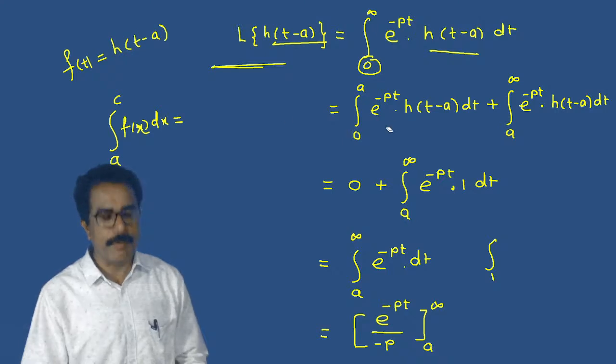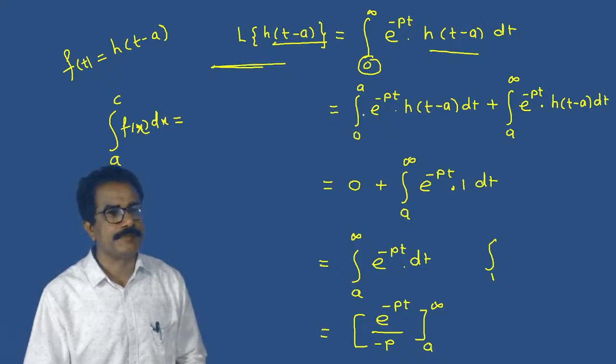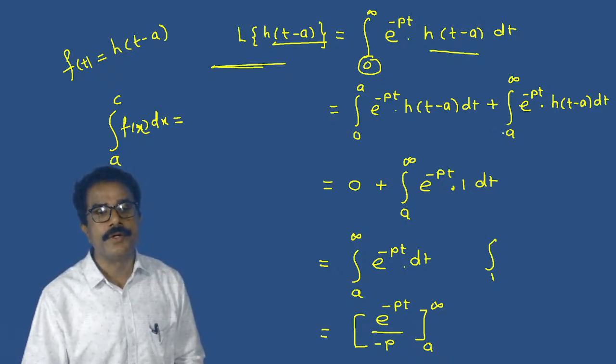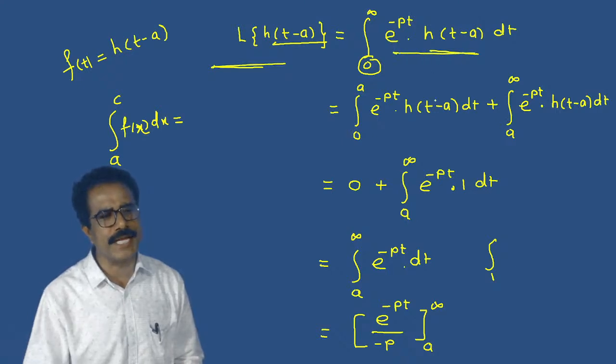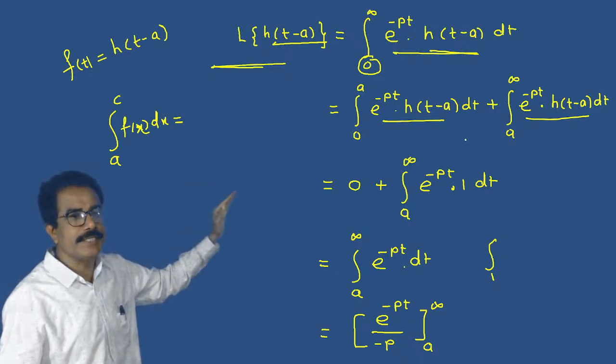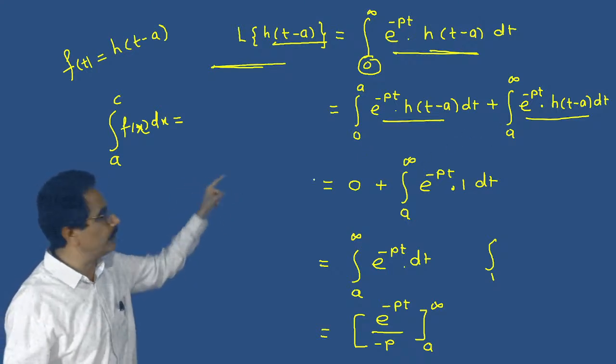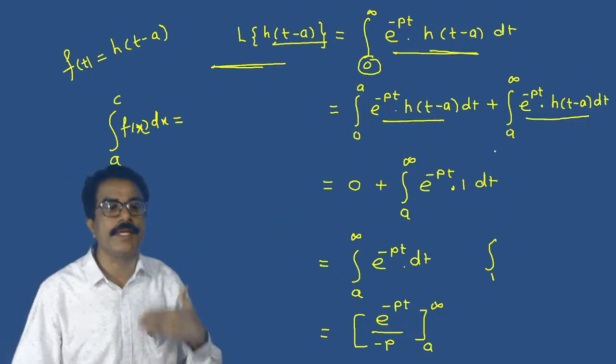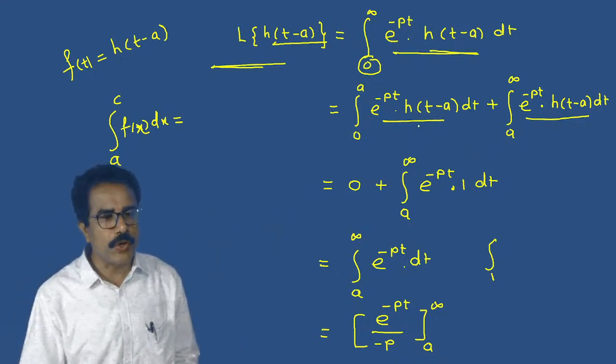Okay, according to the property we have distributed this integral 0 to infinity. Keep this function as it is, there is no problem. But we have divided this integral into two parts: from 0 to a, and the second integral from a to infinity. So now put this value